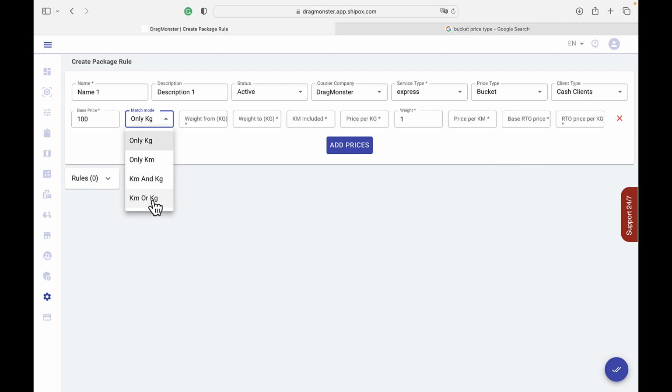So these really depend on your requirements. If you want to charge your customer based on the weight of the delivery exclusively, you select only kg. Same applies to distance. Or if you want the distance and weight to be charged, you select km, kg, or mutually exclusive km or kg. So for now, we'll pick